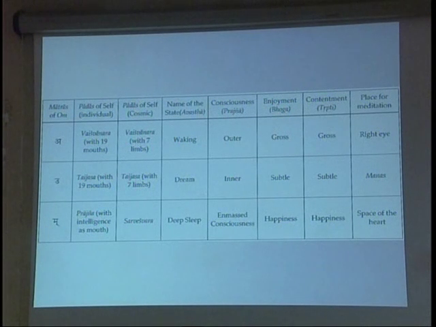A, U and M. These three syllables of the word Om have different connotations. So what are these connotations? These connotations are based on the three states of consciousness, which are